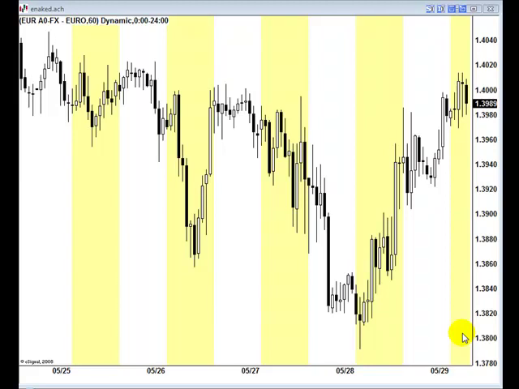So what I want to talk about today is the 5 slam dunk candle patterns, which are going to really help you to make some really good decisions in your trading. So I'm going to highlight what those candle patterns are, and then we'll go through them one by one, and I'll give you lots of examples and tell you how to use them. So the 5 candle patterns